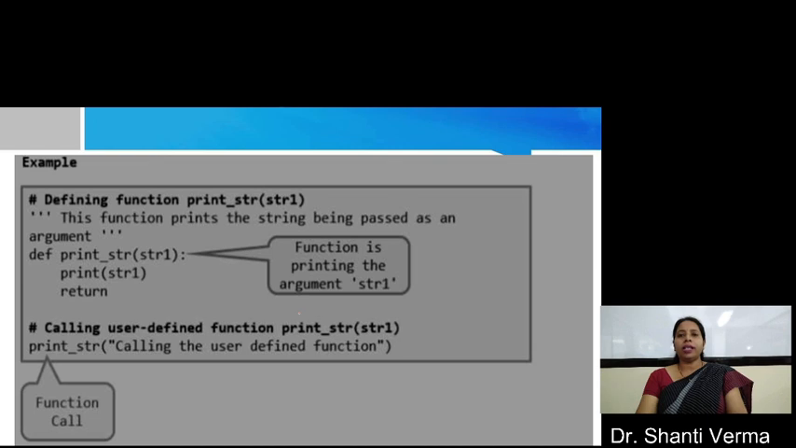Now let's take one example of a function. In this program, you can see that I first make a comment for defining the print_str function. The next line is declaring a docstring. For defining a function, you can see the keyword def is used, then the function name, and the parameter is str1, that is a string. This is the string we want to print, and the function is printing the argument str1. The body of the function is print str1, and here I write only return, it means return